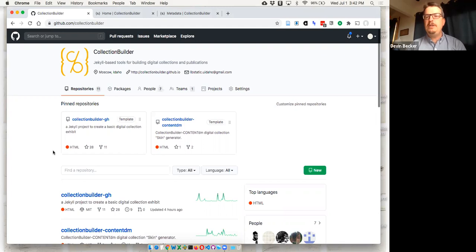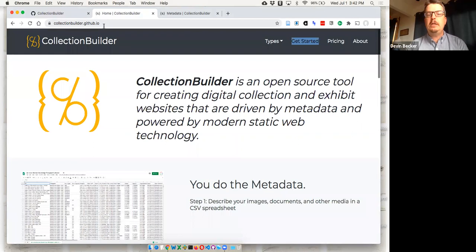So as I mentioned, it's a GitHub-based digital collection site. You'll need a github.com account. So if you do not have one already, please make sure you go to github.com, sign up, get your account, and then go to this page here, github.com/collectionbuilder. If you'd like to learn more about the project, we have a lot of documentation and some general information at our website,